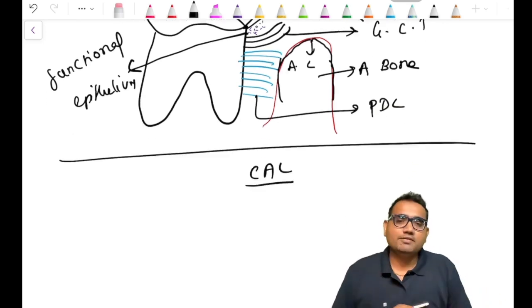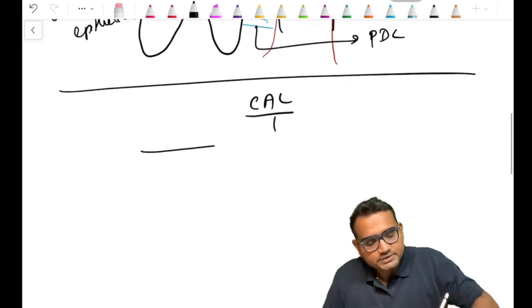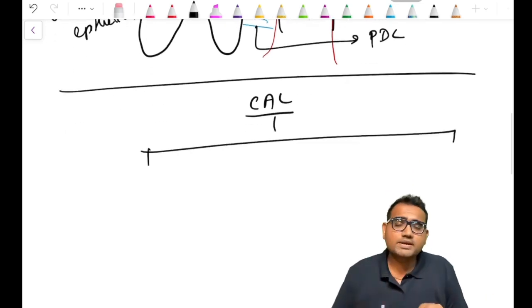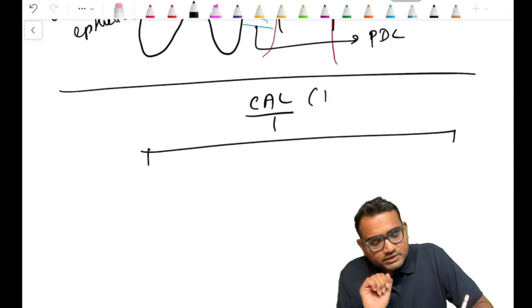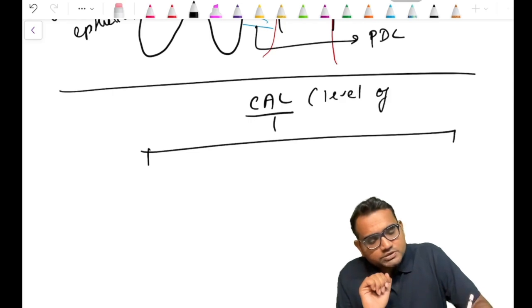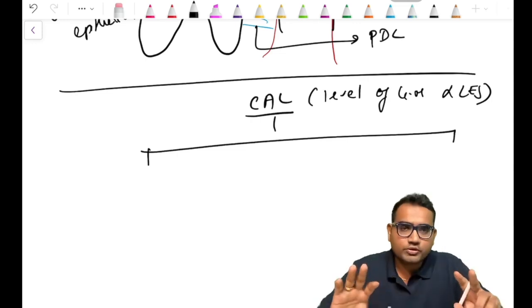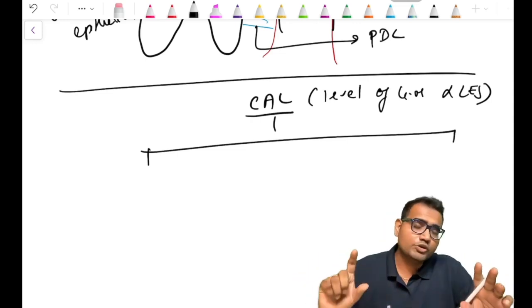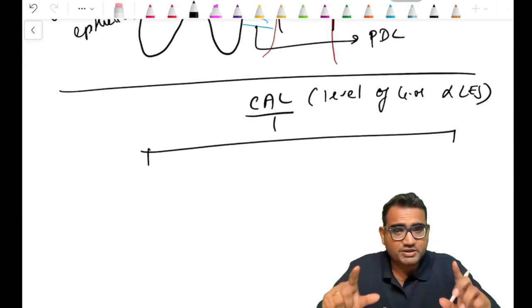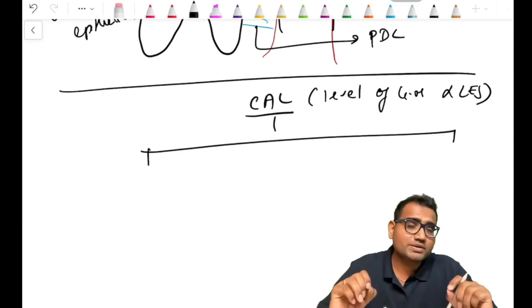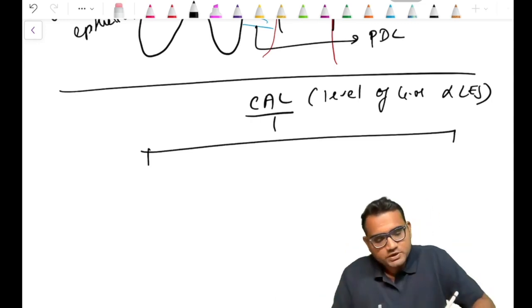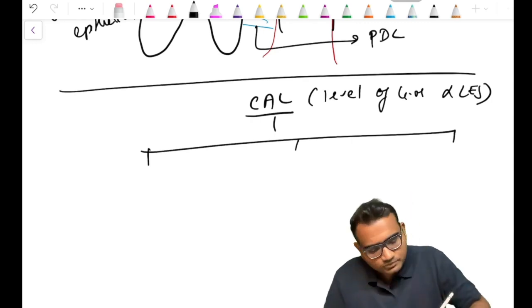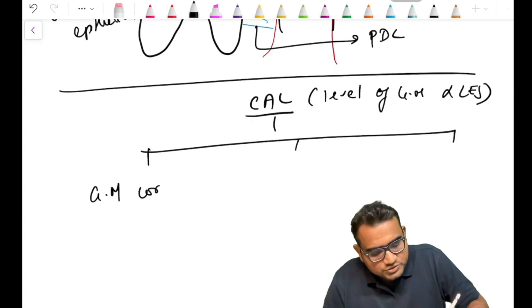Clinical attachment level is usually calculated at 3 levels. Okay, it is generally based on the level of gingival margin and the cemento-enamel junction. So I'm going to take only 2 points for the measurement of clinical attachment level. I'm going to see where my gingival margin is, and where the cemento-enamel junction is. Okay, so the first scenario is the patient is having gingival margin coronal to CEJ,